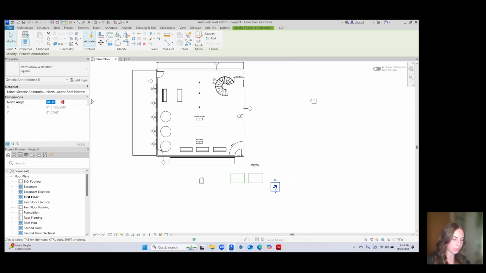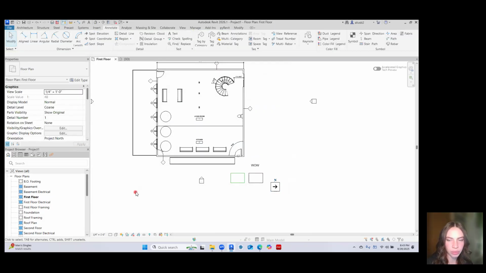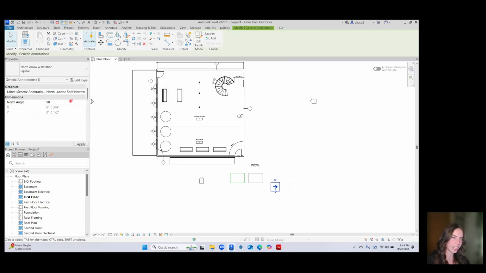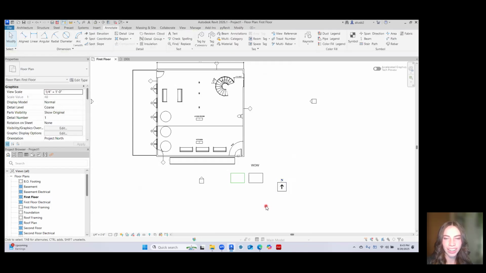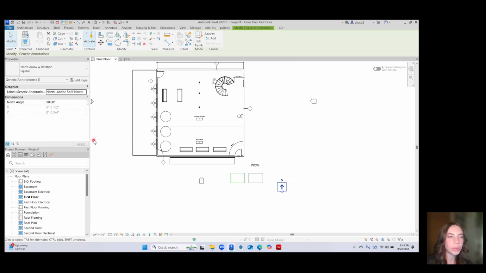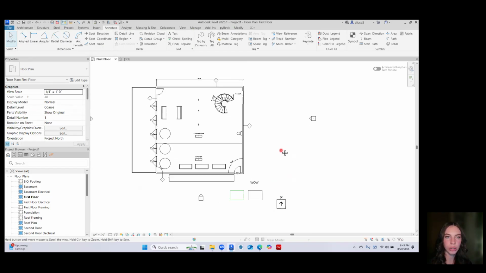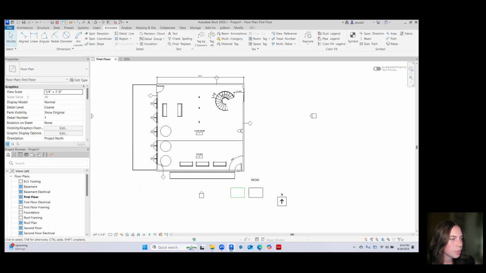Oh, it's right here. 38, north arrow. Okay, it's not 0, it's actually 90 degrees. That's what we want. Apply. Wow, here we go. There is our north arrow. Okay, so there were a couple places to find that. So north arrow, north angle is 90 degrees. I knew that was simpler than I was making it. Okay, so